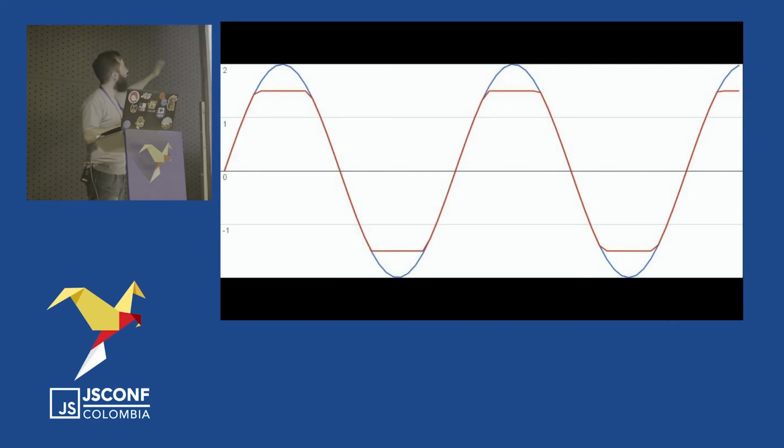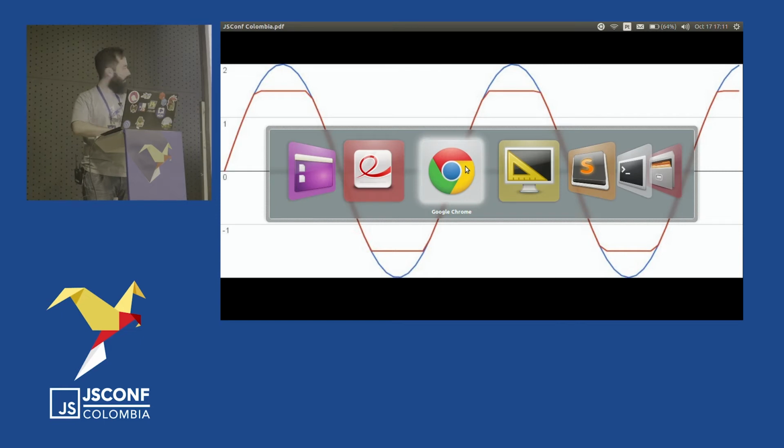Let's consider the blue signal. That is the normal guitar, just plugged into the microphone. And the red one is the same, but I will cut the top, so I'm applying some distortion on the signal. And this is the difference.